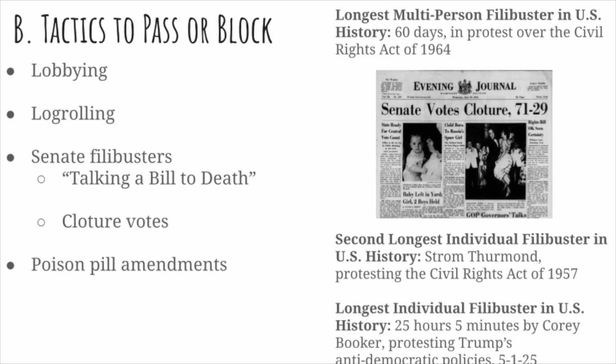In the Senate, they don't have rules for how long someone can speak once they've been given the floor. So if you've been recognized and been given the microphone and have the ability to speak, you can stand and speak as long as you want. And while that happens, no votes can take place on the Senate floor.